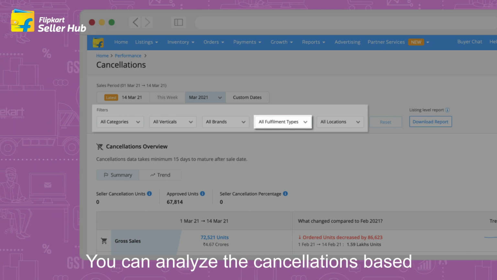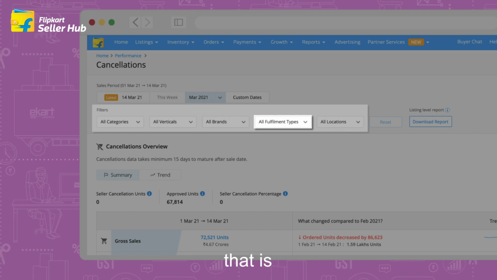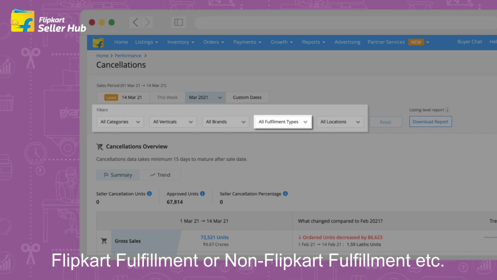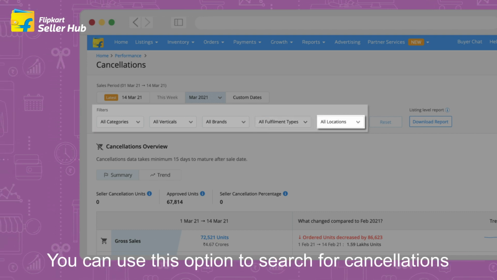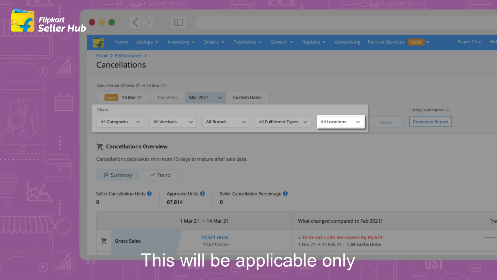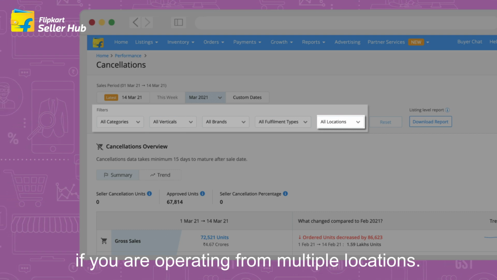Fulfillment type. You can analyze the cancellations based on their fulfillment type, that is, Flipkart fulfillment or non-Flipkart fulfillment, etc. Location. You can use this option to search for cancellations from a particular location. This will be applicable only if you are operating from multiple locations.